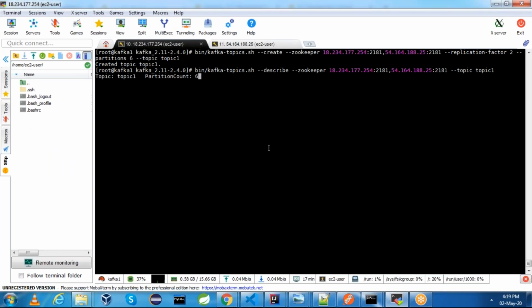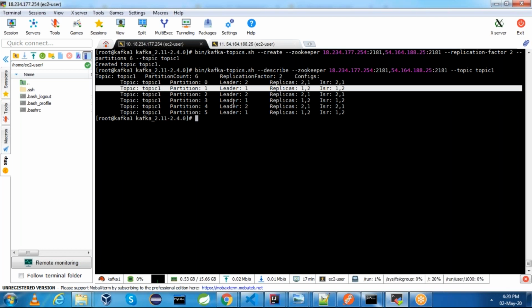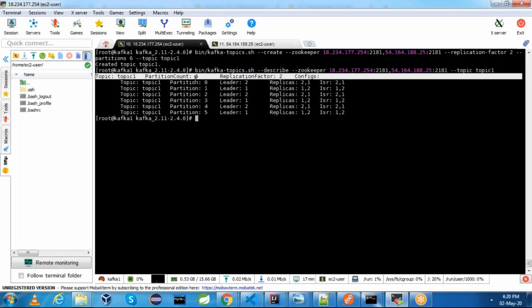If you describe the topic, it will show in detail. This is topic 1, leader 1, leader 2. We have a total of 6 partitions and the data is partitioned across both leader 1 and leader 2, so that even in case of any failure, the data will be replicated across both the machines.